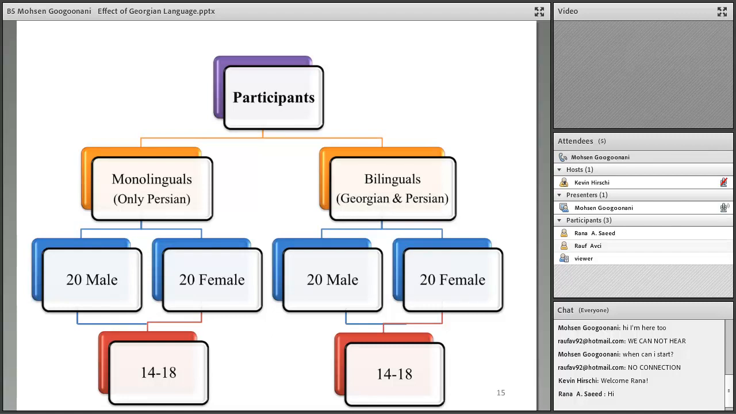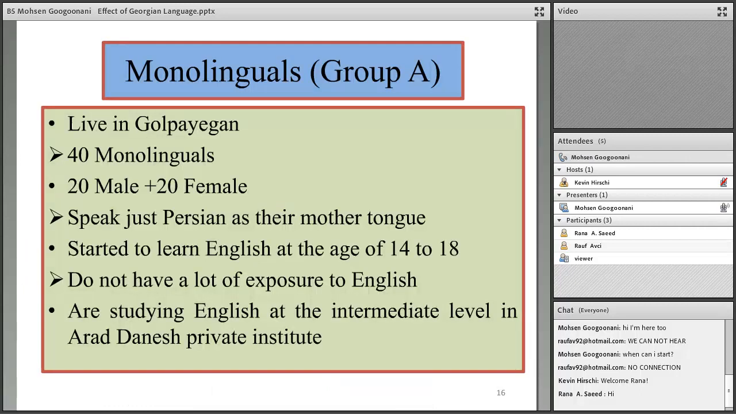All the participants in the current study are divided into two groups. Let me go to another slide. Group A and Group B. Group A involves monolinguals who just speak Persian, and Group B includes additive bilinguals who speak both Georgian and Persian. Group A includes 40 monolinguals, both male and female, who are 14 to 18 years old,